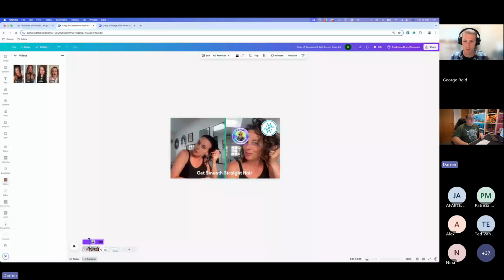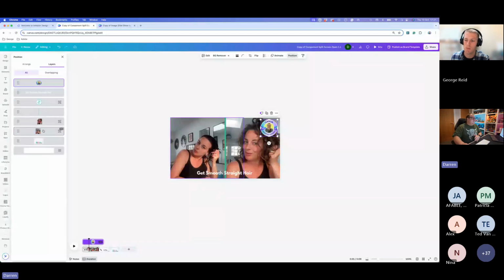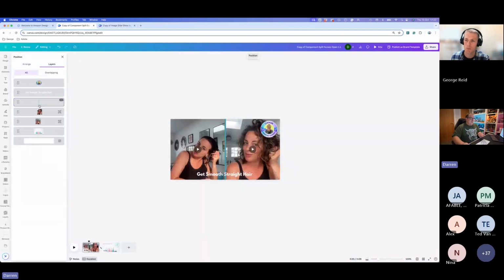So I'm just going to put it over here, because the idea with the templates is it gives you an idea of where to position things, whether that's your logos, your copy, or anything else like that. Now, if this is your own brand assets, you wouldn't want the Merwave logo in there. You just come over to the position and over to the layers panel, and then you can just click delete on that, and it deletes that off there.